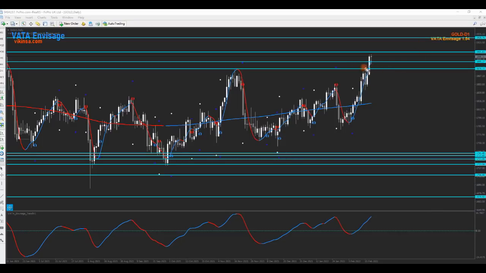So the first one was around here, which was 1878. Then we had 1890, and then we have this one, 1905. So 1905 is a target which can be reached next week, depending on how the market moves. But so far, it has been able to reach three targets, one, two, three, and this will be the fourth one. If it continues to go higher, and the market supports that momentum, then it can reach 1928.76, that level as well.